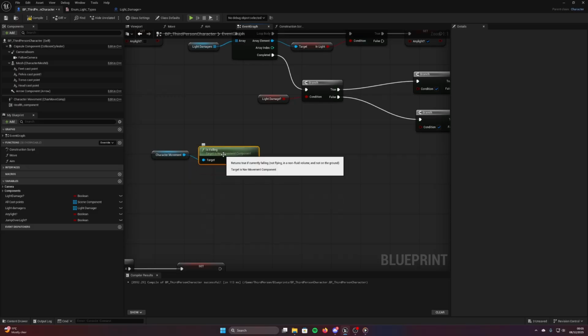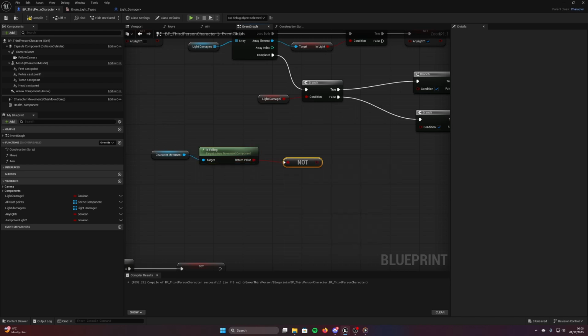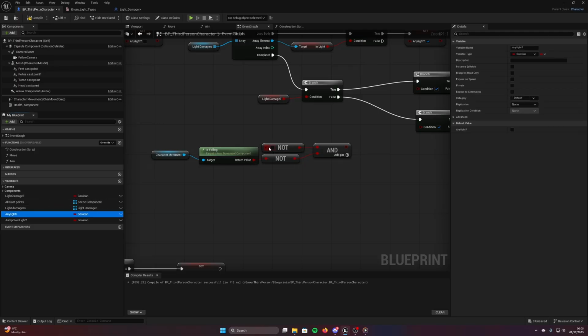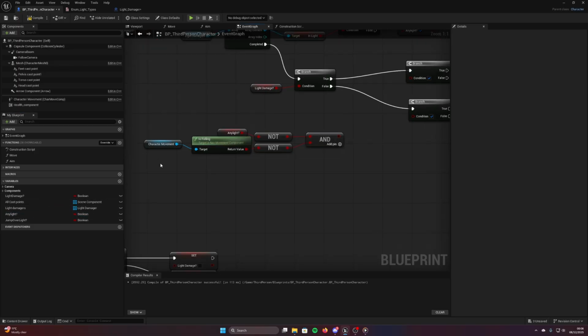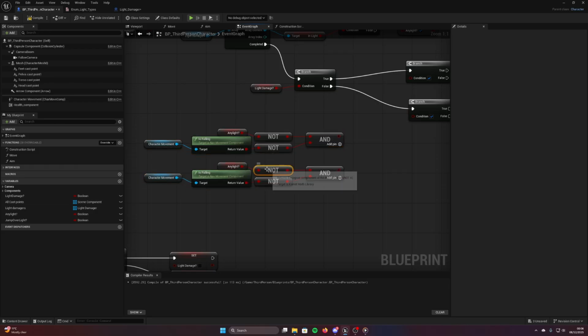From this, you want to do a not bool, and then you want to do an and bool. I'm going to move that to the bottom, and I want another not bool, plug that into there, and then get any light. So if there's no light and I'm not falling, or if there is light and I'm not falling,